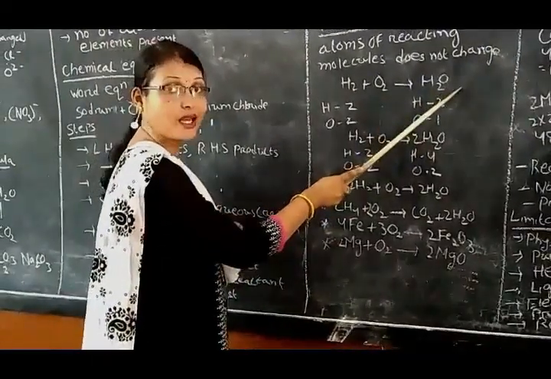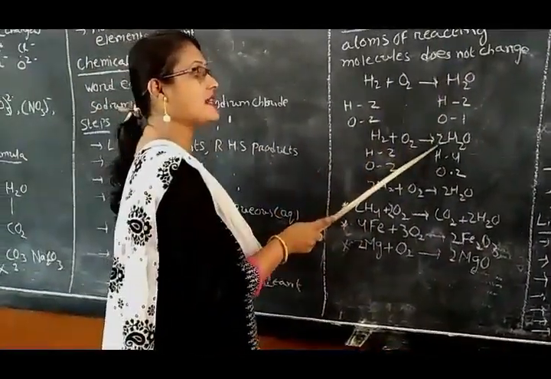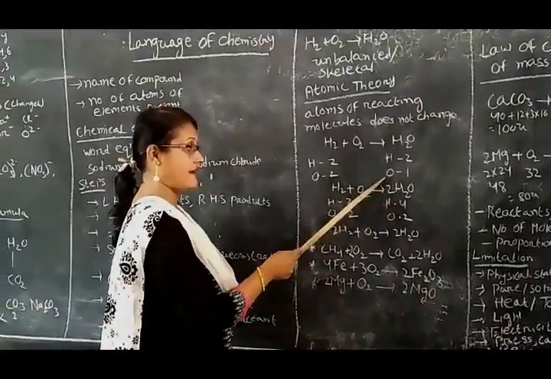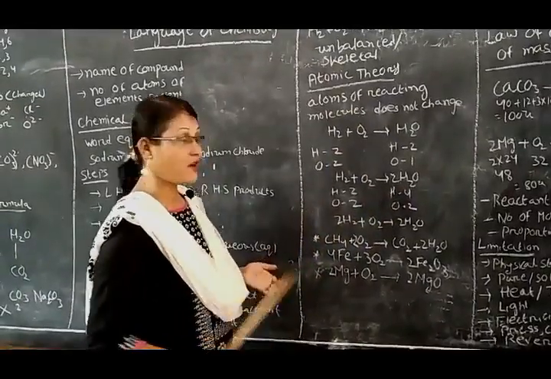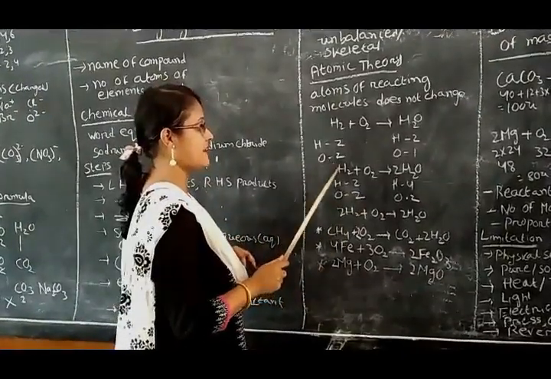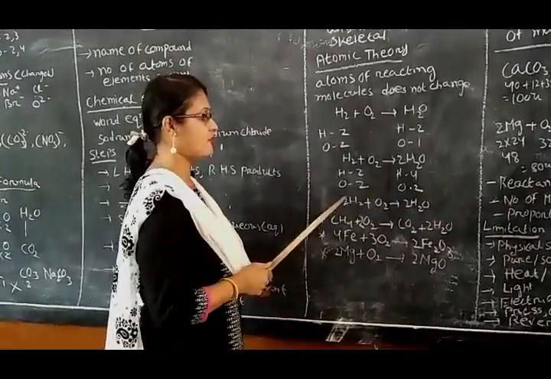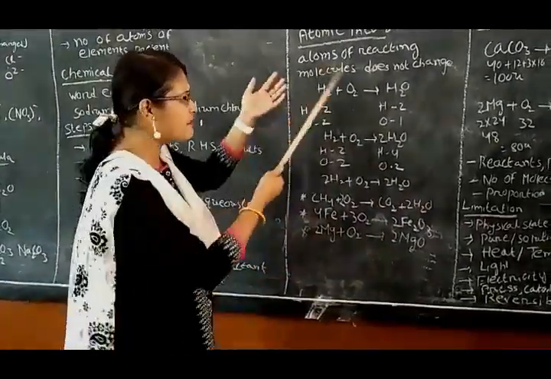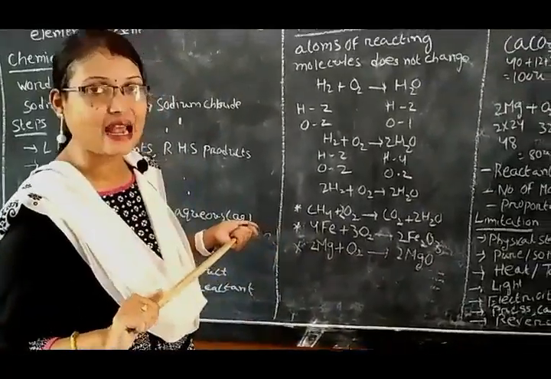We can't change the subscript here because that is the formula. We cannot change the chemical formula. So I have multiplied here by 2. Now here hydrogen becomes 2, oxygen becomes 2. But here by multiplying by 2, hydrogen becomes 4 and oxygen becomes 2. Now there is a need to balance this hydrogen. So how can you balance this hydrogen? By writing 2 here. So 2H2 plus O2 giving you 2H2O. Now you can see 4 hydrogen, 2 oxygen, 2 oxygen. Now it is balanced. Simply, it is called the hit and trial method. This is the simplest method, called the hit and trial method.